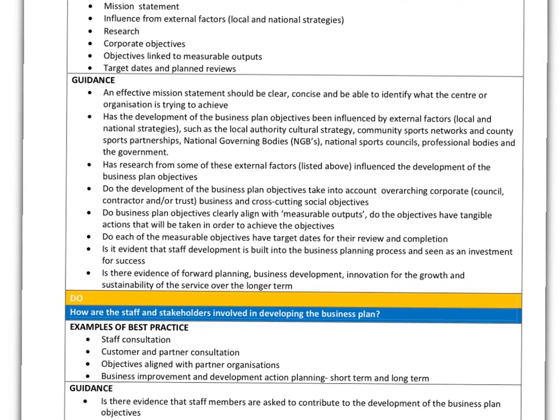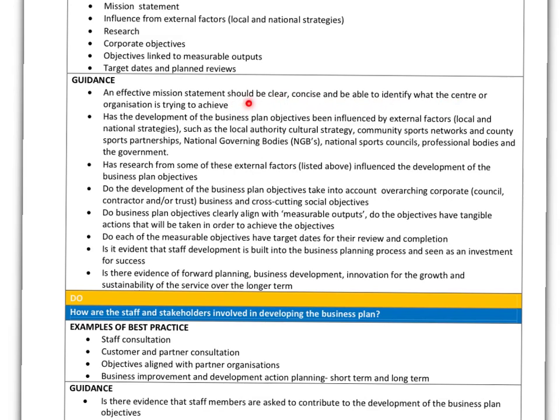Quest is providing some guidance for you to think about. For example, an effective mission statement should be clear, concise and able to identify what the centre or organisation is trying to achieve. I'm happy that you utilise this guidance and reference it as from Quest, but if you want to push up into the 2-1 and first class honours categories, you'll also consider key business management or sports management texts or journals to also support